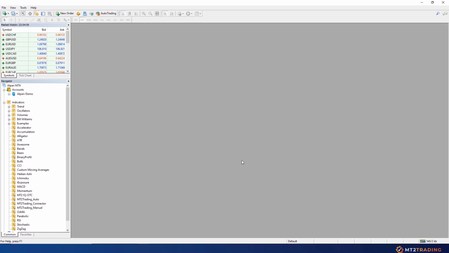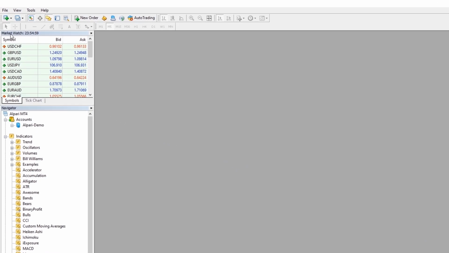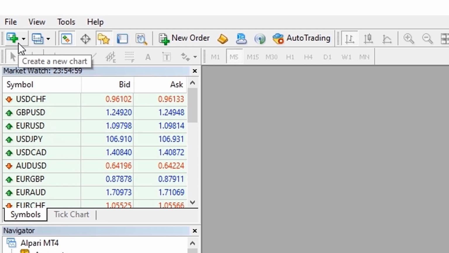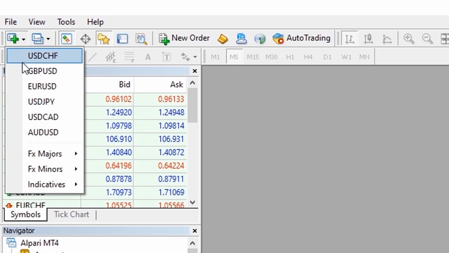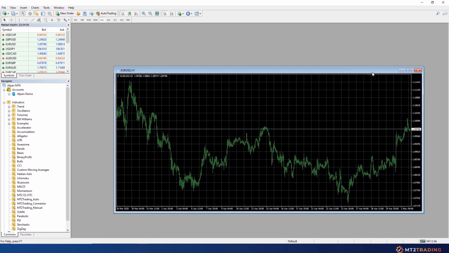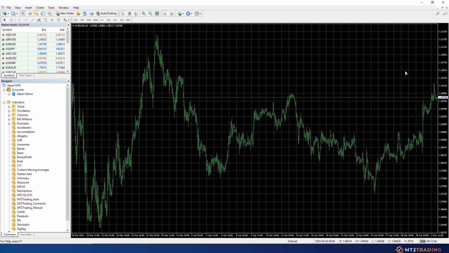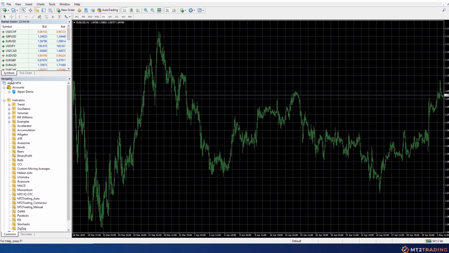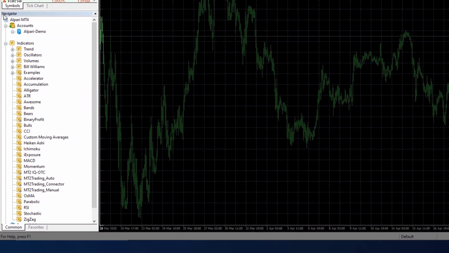Once DLL imports are allowed, head over to the left menu of the MT2 platform and open any chart, as shown on the screen. Now, go over to your navigator on the left-hand side of your MT2 platform,